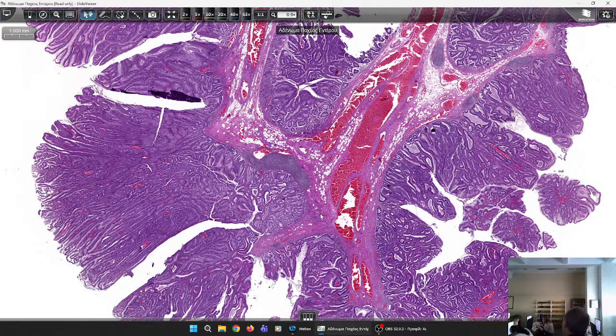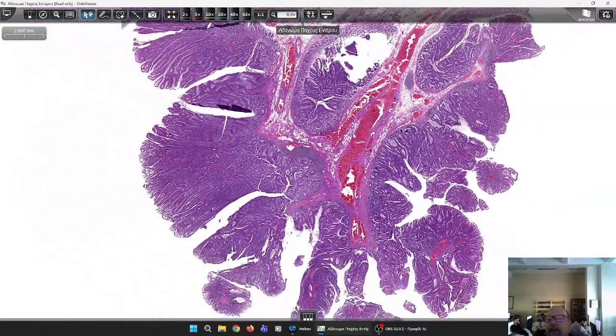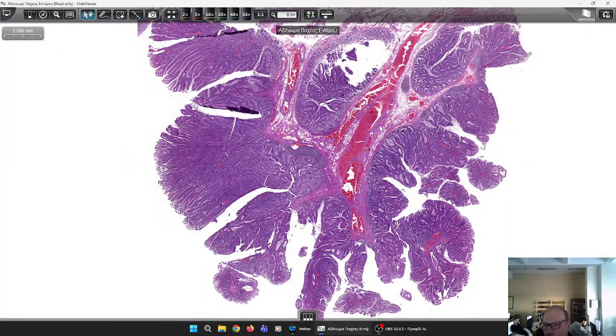And take notice that it is not the same as in the stomach. In the stomach, when you see invasion of the lamina propria, you perform gastrectomy. Here, you think of colectomy when you see the neoplastic cells in the submucosa, in the adenoma's stalk, as is